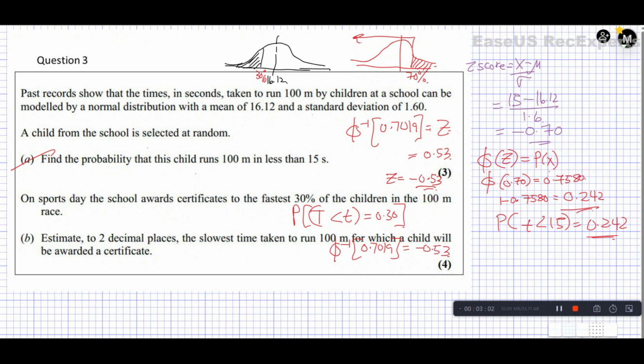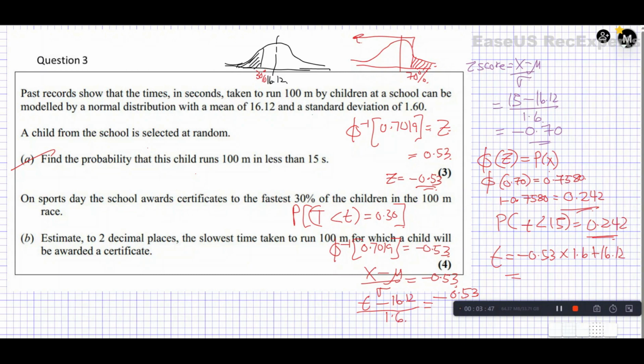Okay, so now switch this to x minus mu over standard deviation, and this is equals to negative 0.53, and the t-score minus 16.12 divided by the standard deviation, which is 1.6, and this is equal to negative 0.53, and switch it around, t equals to negative 0.53 times 1.6 plus 16.12,